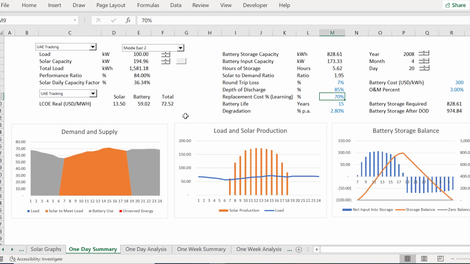And then we can put a learning curve in, if the costs don't go down, if we have to replace our battery after 15 years or 12 years or whatever. And I had another video where I tried to prove that, and maybe nobody gives a crap about that one, but we can put in learning costs and see what happens to the overall cost of this thing over time.